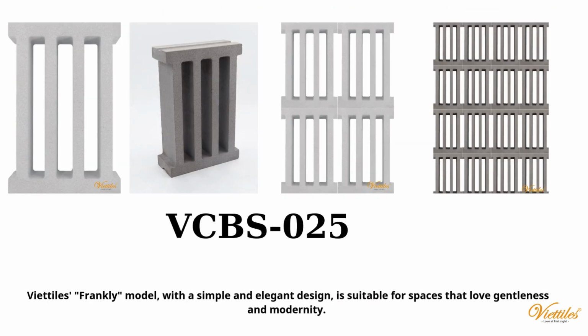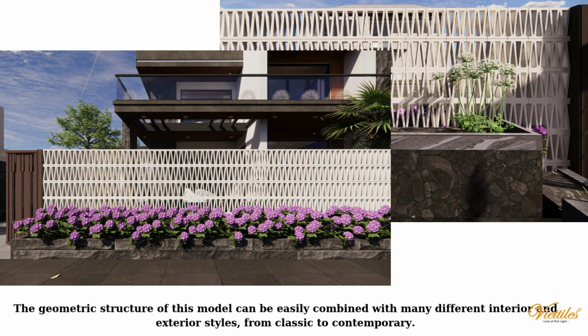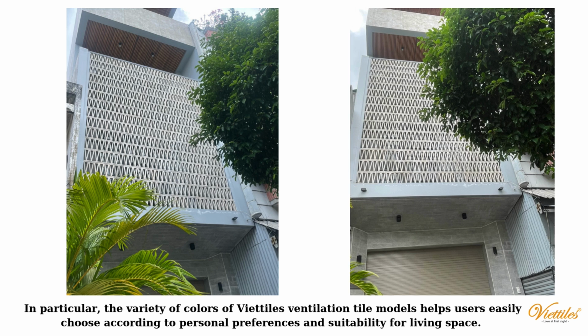Viettiles' frankly model, with a simple and elegant design, is suitable for spaces that love gentleness and modernity. The geometric structure of this model can be easily combined with many different interior and exterior styles, from classic to contemporary. In particular, the variety of colors of Viettiles' ventilation tile models helps users easily choose according to personal preferences